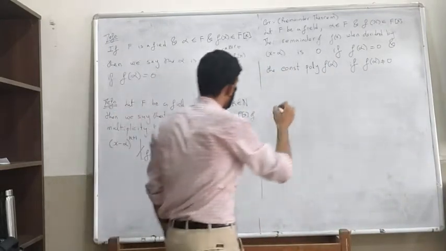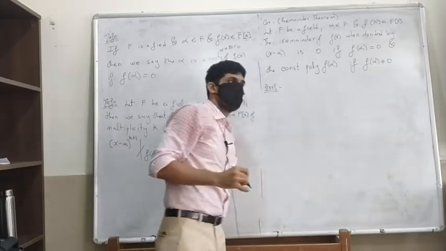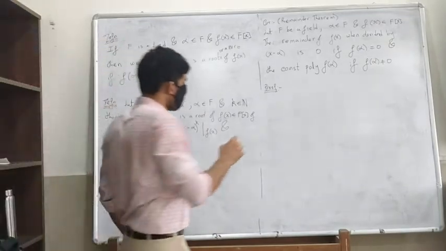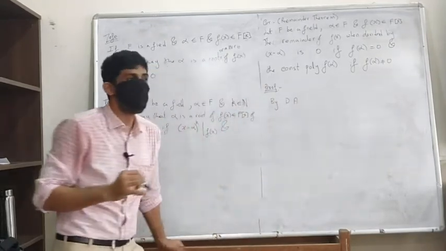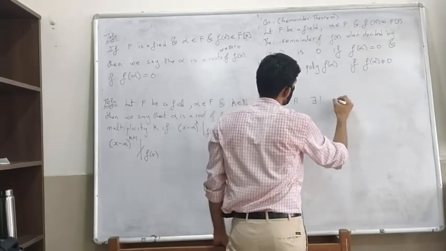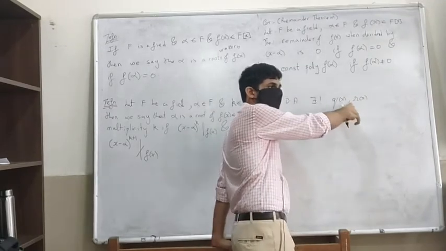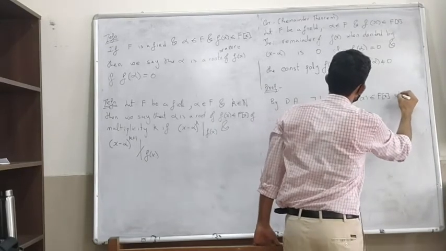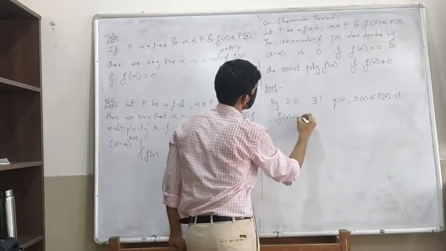The proof is quite obvious, but there are some slight intricate details which you need to be careful about. So by the division algorithm, we know there exist some unique polynomials q of x and r of x, which is the remainder in f of x, such that my f of x is